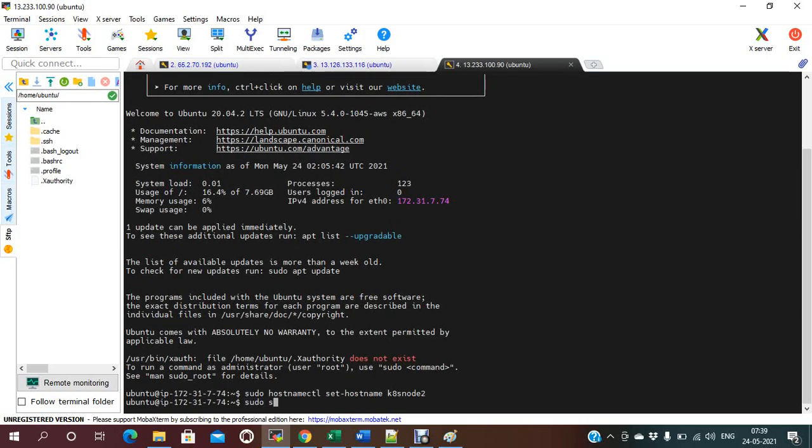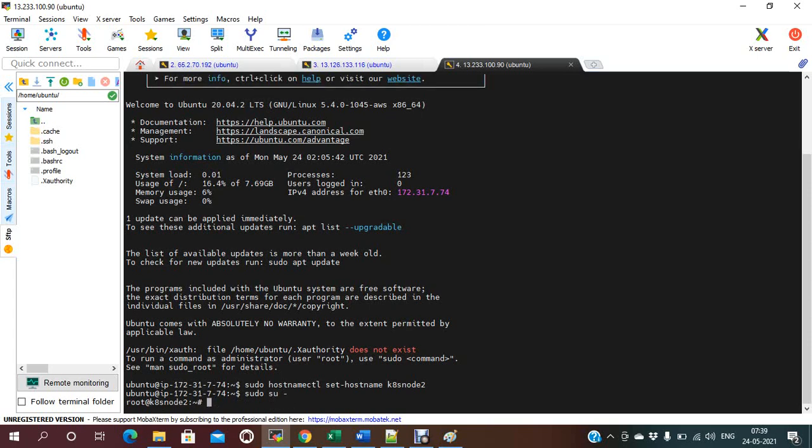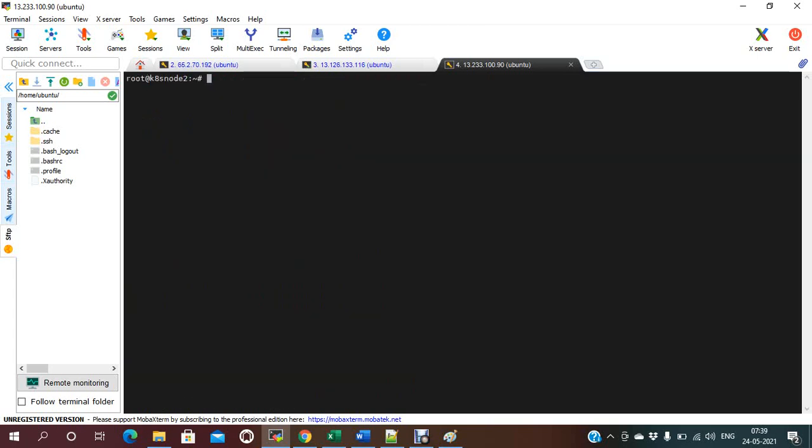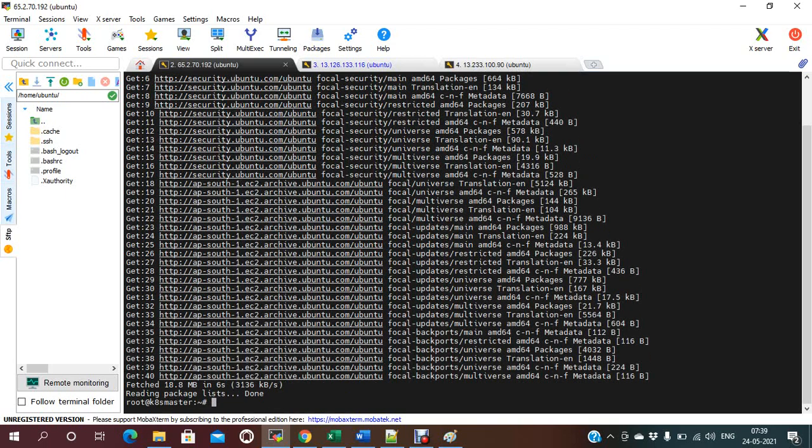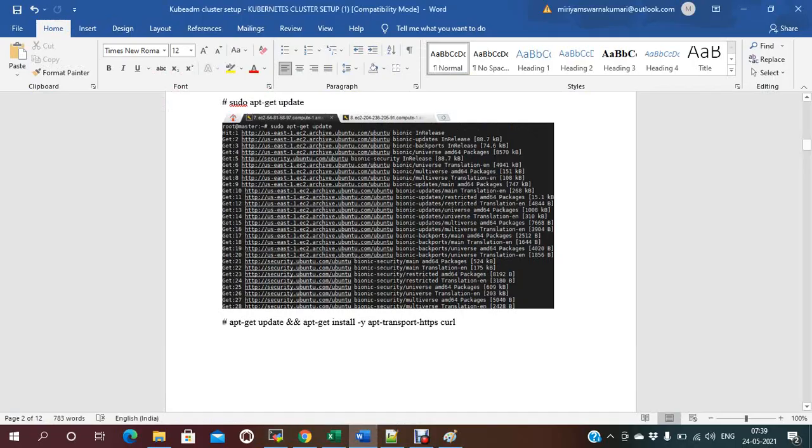And node 2 also, same, I have to run apt get update -y. Now this is done. Let me go through the documentation. I have done apt get update.